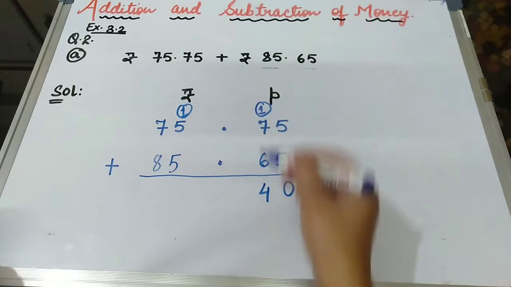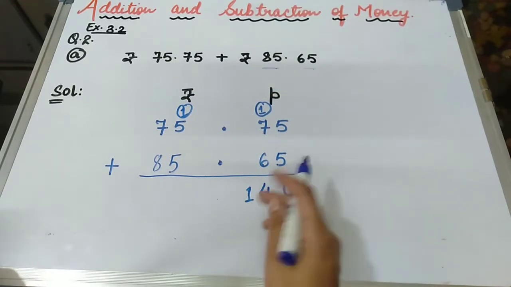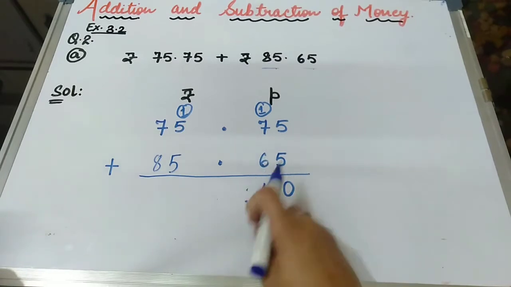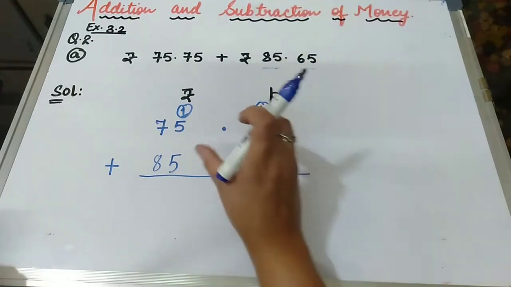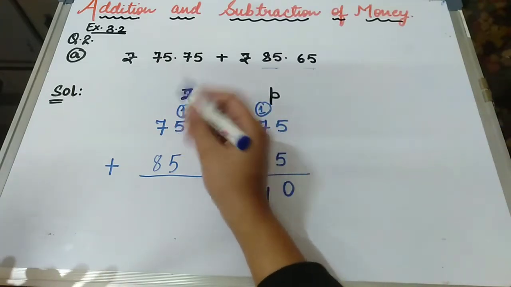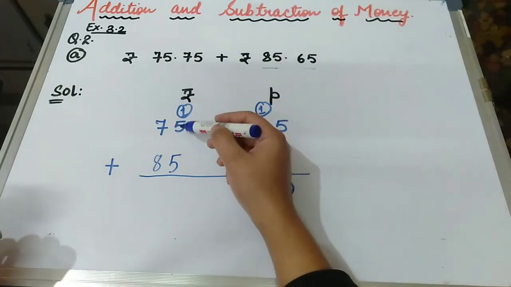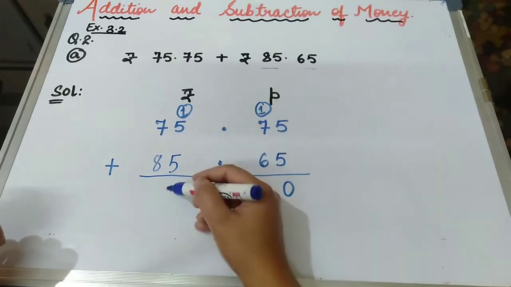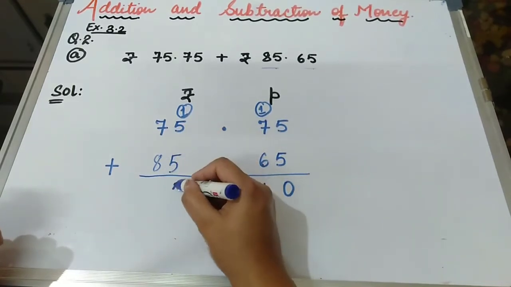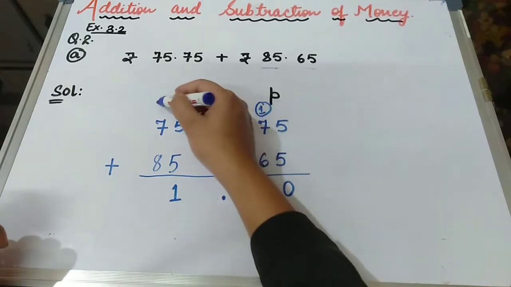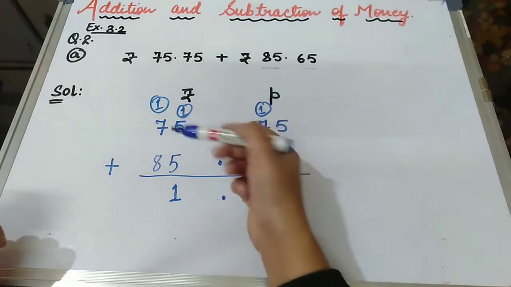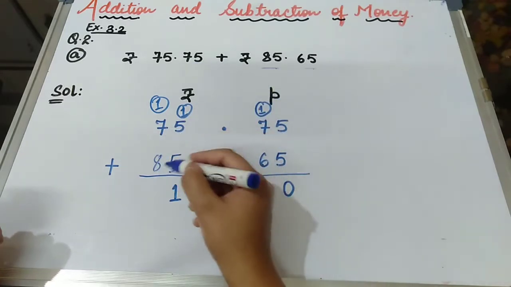Now don't think that you can write 14 over here. This 1 will be carried forward. Okay, and we don't forget about the dot. You have to do the simple addition. Okay, you have to carry forward. Now after carrying forward, 5 plus 5 is 10, plus 1 is 11. Now here we will put the dot and it is 11, so we will put 1 and 1 will be carried forward. So 7 plus 1 is 8 and 8 plus 8 is 16.